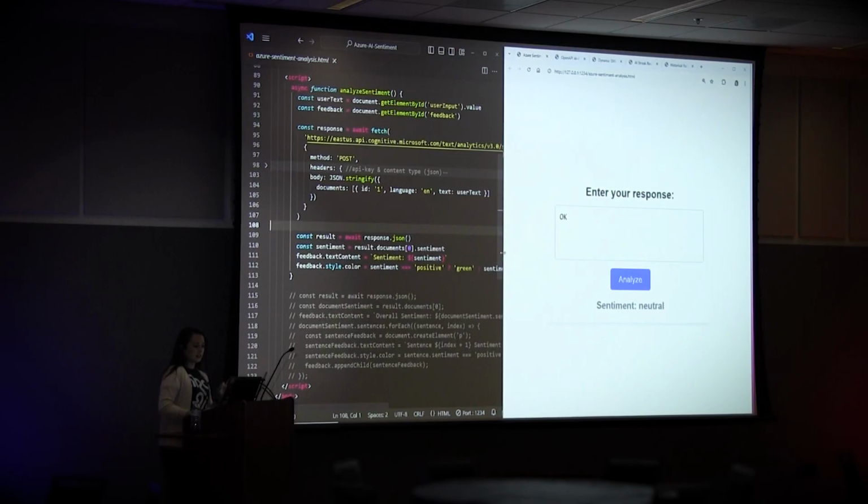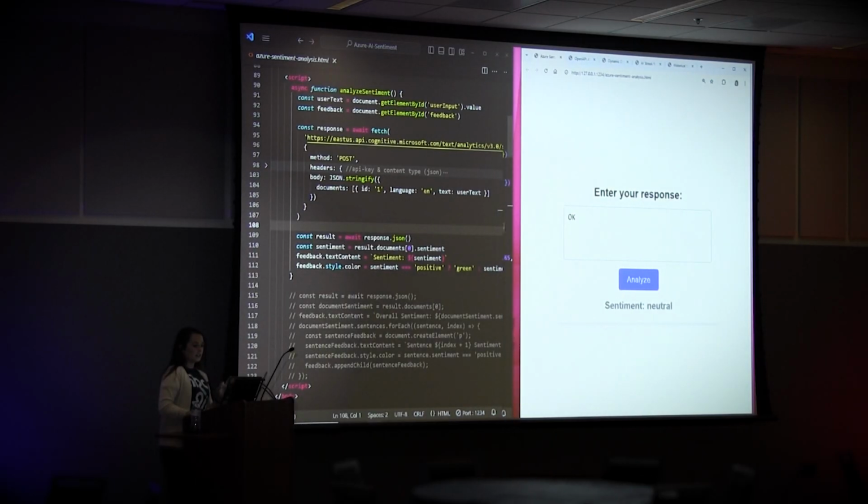Okay, so right here, what I've done is fetch this API. And really all it needs in the body is just a few properties. It essentially needs the language, which in this case is English, and then the text input. Once I get the results, the result comes back pretty quickly as a simple sentiment, and then I'm able to display that.